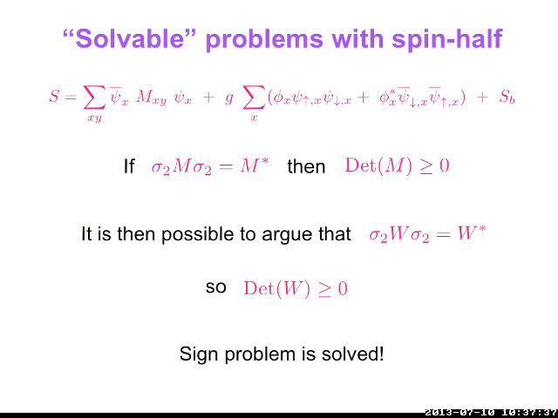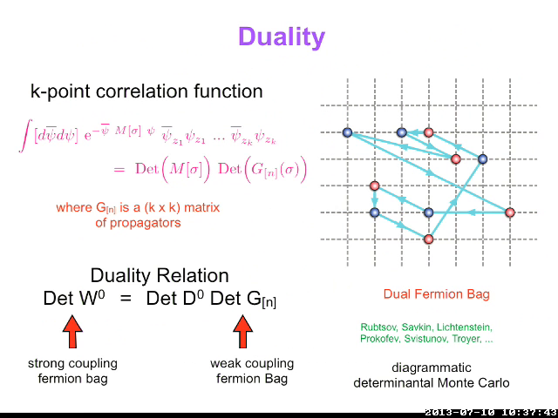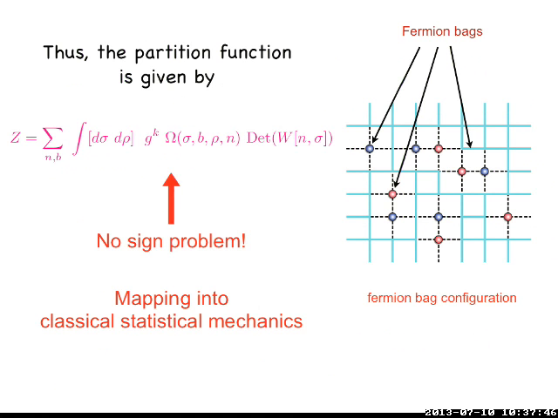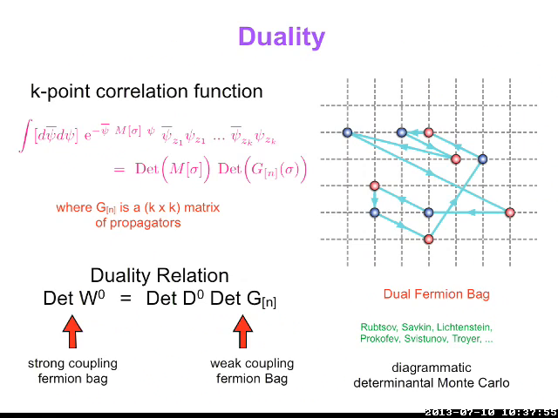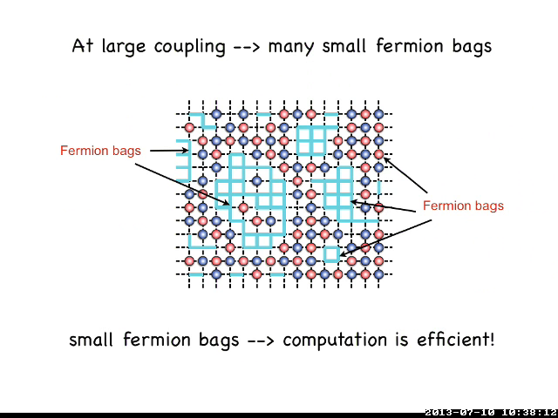But in fact, the determinants are of the size of the bag, not the whole system. So remember that when I try to update this, these are all usually local. The only non-local thing depends on the size of this W, or the size of this G. Naively, that's not expensive in some sense, because typically we want N cubed anyway. So all I'm saying is this is slightly better than N cubed, in the sense that, of course, it can still grow with the volume. However, for example, in the strong coupling region, these bags can actually be pretty small, and so you can go very far with this method.